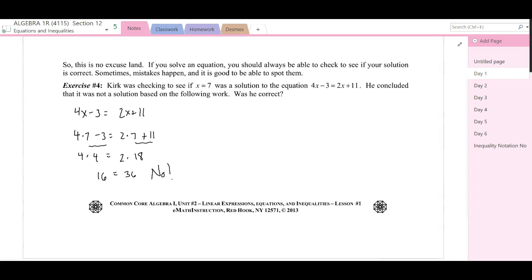So right now what I'm saying, and as this worksheet points out, this is no excuse land. If you solve an equation, you have to be able to check to see if your solution is correct. Sometimes mistakes happen. It's good to be able to spot them. So if we can see here,